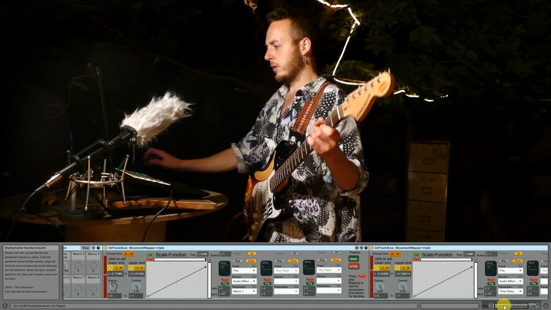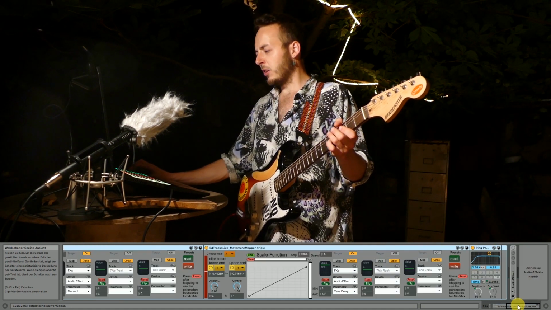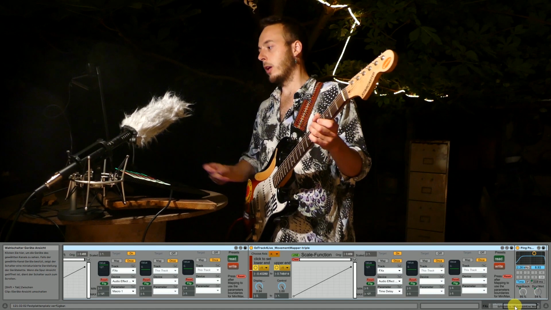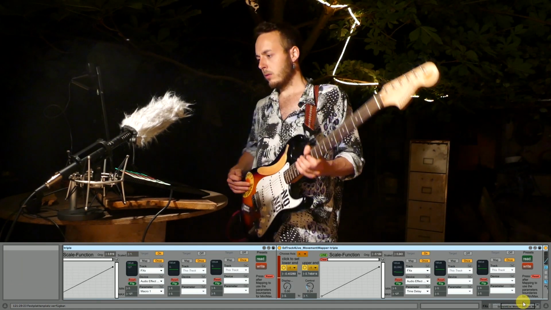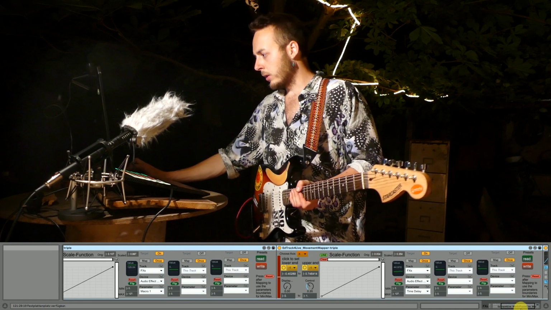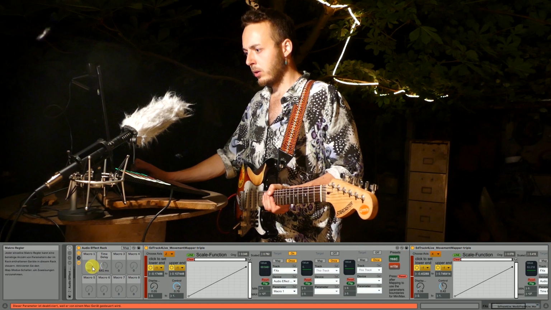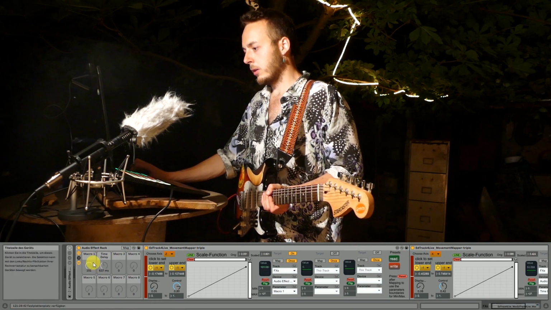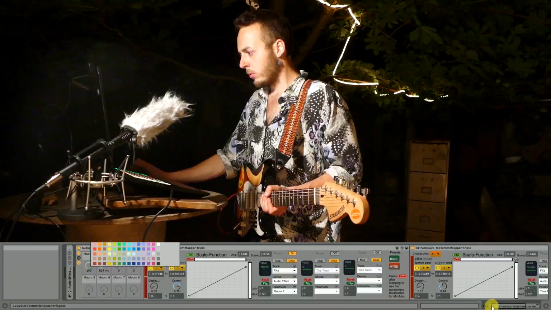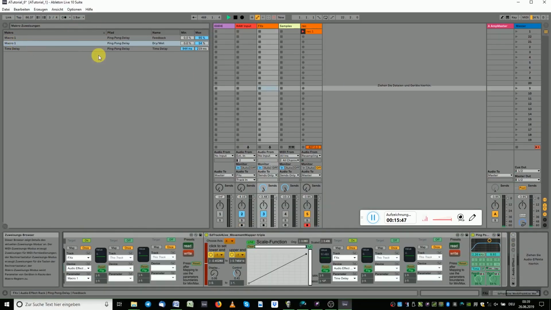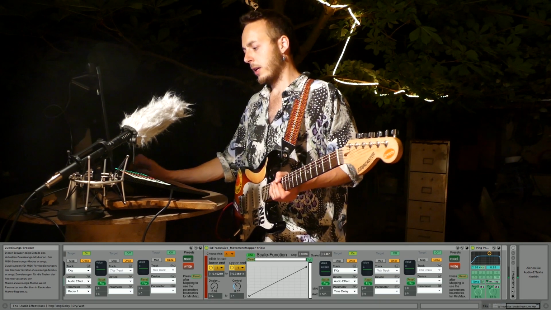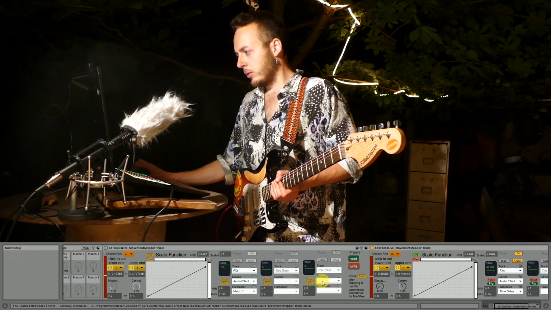then another example is the ping pong delay, a bit similar to what I showed you in the beginning. Also, you can see here with the effects, I didn't map this one to the effect directly, but to a macro of the audio effect rack, and this macro controls one or several parameters. Then you can also have one macro turning on and off things, or editing in small scale. Yeah, this is one example, and also you can just